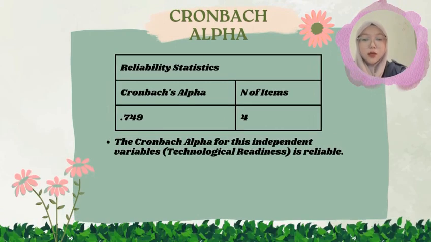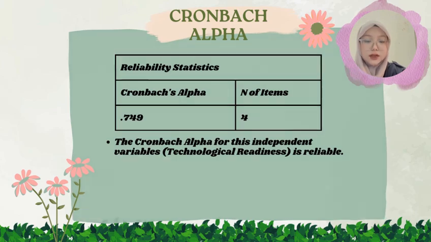The second Cronbach's alpha value, for the technology readiness variable, is 0.749, indicating good reliability as it exceeds the 0.70 threshold, while slightly below the 0.80 mark considered very good. This value is acceptable for most studies. The instrument consists of 4 questions, and although more questions typically increase reliability, the value of 0.749 demonstrates sufficient internal consistency. The questions are related and consistently measure the same construct. The instrument is reliable and suitable for research, though adding or revising questions could further enhance its reliability.